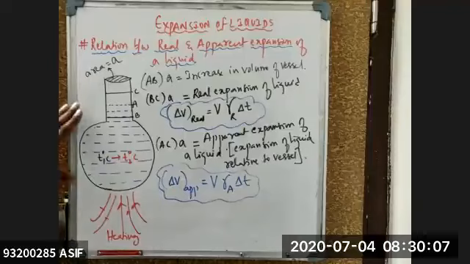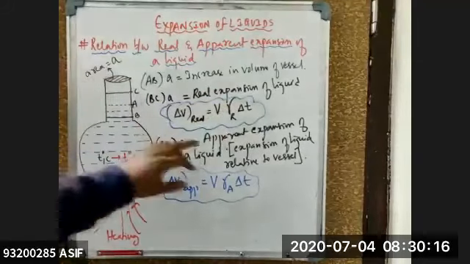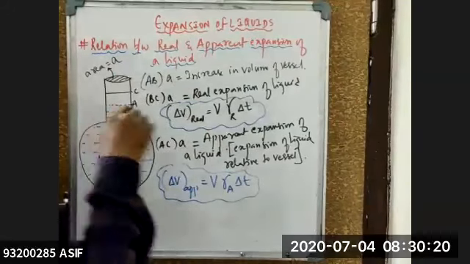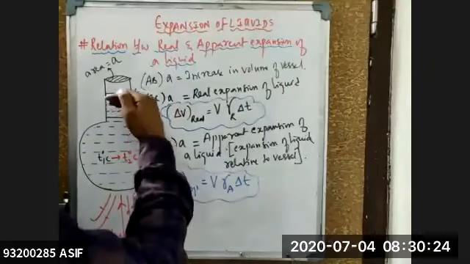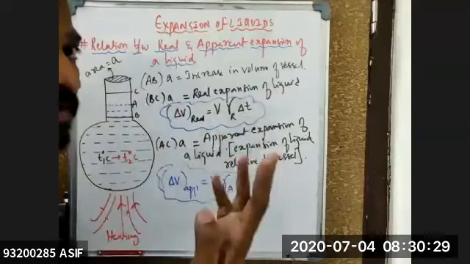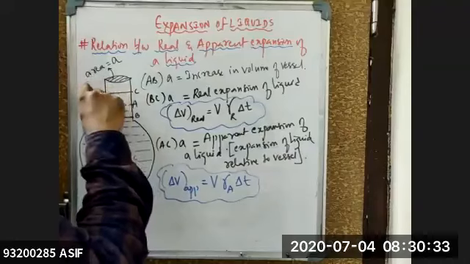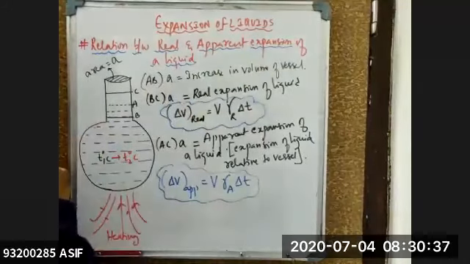So when you take the liquid in a container and heat it up, this AB into A is nothing but the increase in volume of the vessel. BC into A is nothing but the real expansion of the liquid. AC into A is nothing but the apparent expansion. Because when you are heating, with our naked eye, we see the level rising. But generally, first the level of the liquid will drop, then it will rise. But that drop is not seen by our eye. This drop is because of the expansion of the vessel, which is the increase in the volume of the vessel, AB into A.